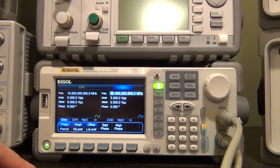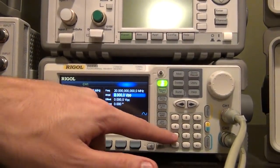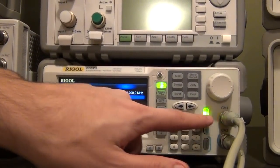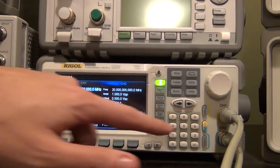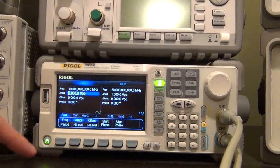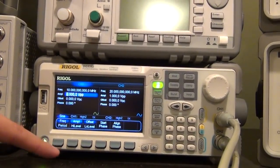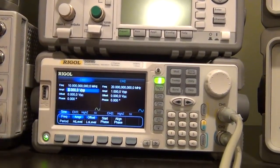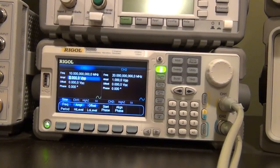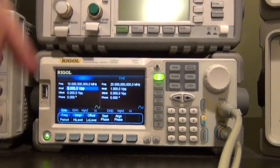They're both on 5 volts peak to peak, so let's put them on 1 volt peak to peak, and on the other channel put also 1 volt peak to peak. There it is. So we have 20 megahertz, 10 megahertz, 1 volt peak to peak on both channels on a high impedance configuration, so that it does not expect the 50 ohm termination, because I don't think the 196B can give you that. So let's see what happens if I connect it to the